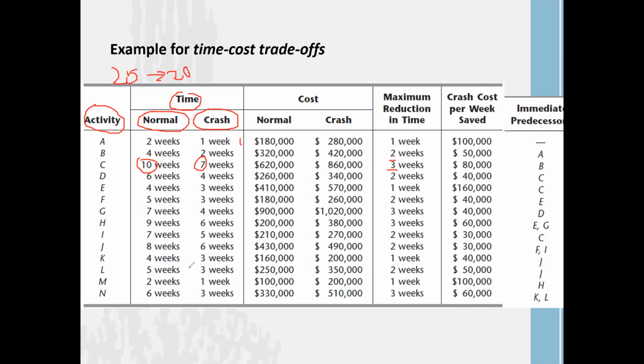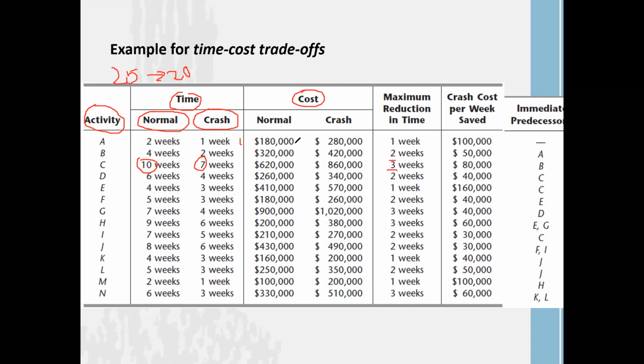So here in this column, you can see the activities with the normal activity time and crash time. Here we have another piece of additional information called cost. The normal cost means, if you follow the normal activity time period, how much each activity costs. That means the normal cost for activity A, by consuming 2 weeks, is